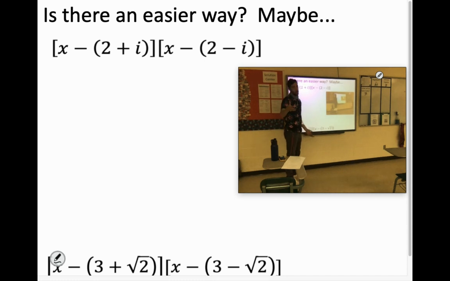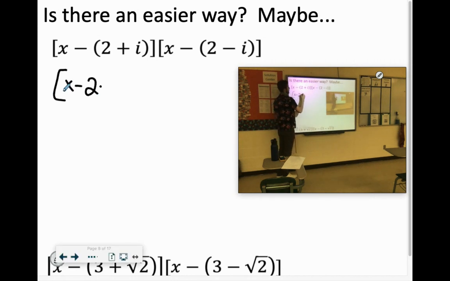I want to show you an optional way that, with a little bit of clever rearranging, you can maybe make these go a little bit faster. So we're doing x minus... look, the zeros are 2 plus and minus i. So we have x minus (2 plus i) and x minus (2 minus i). So I would say distribute those subtraction signs through the parentheses there. So this would come out to